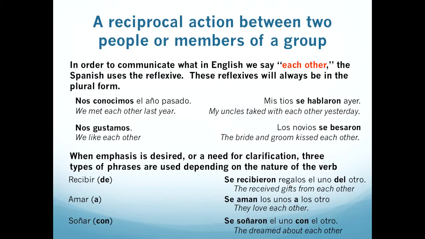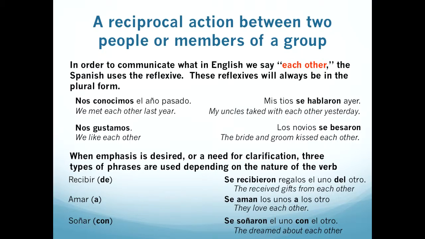Se soñaron el uno con el otro. Notice that the de, if it's recibir de, receive from. Amar a, to love someone. Soñar con, that's because con is used with soñar,